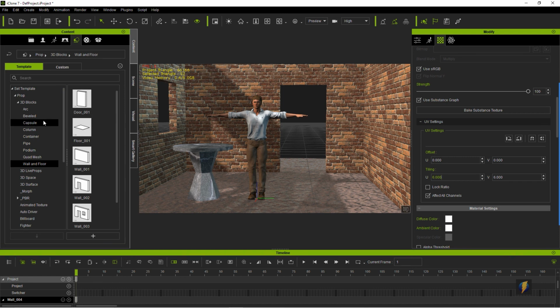In particular, we took a look at the 3D blocks. We very quickly just looked at some of the different options within here, but really focused on the wall and floor options. And by creatively using those and arranging them, you can create lots of